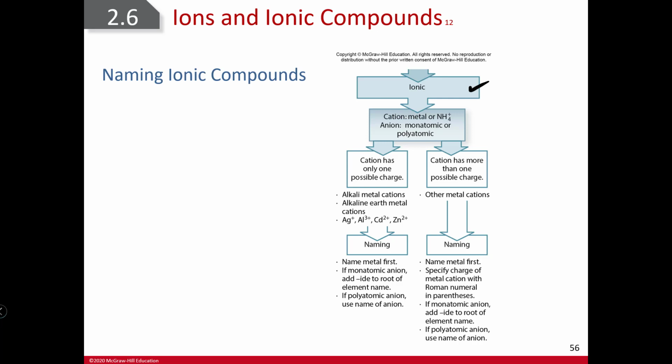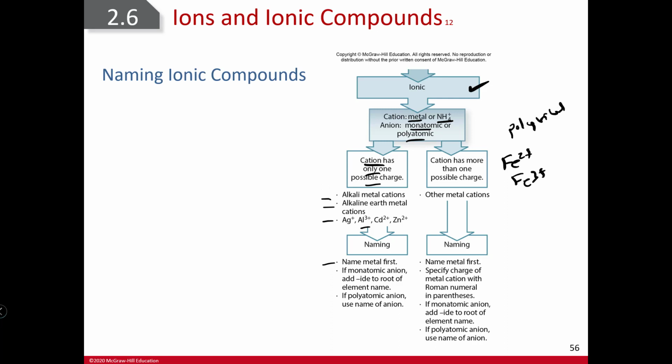If the cation is a metal or a polyatomic ion, and the anion is monoatomic or polyatomic, we have to sort through this. If the cation only comes in one possible charge, like the alkali metals, the alkaline earths, or these transition metals, or aluminum, you name the metal first by its full name, and you change the nonmetal to an IDE ending. If the cation has more than one charge, like iron comes in 2 positive or iron comes in 3 positive, we call it polyvalent,